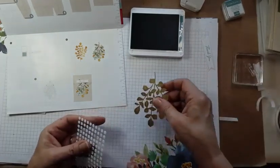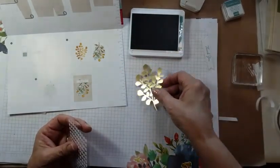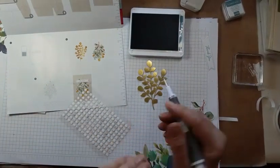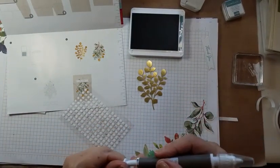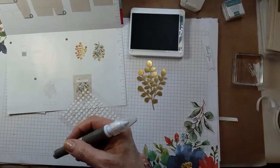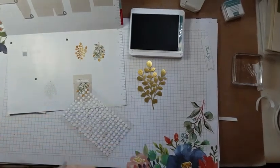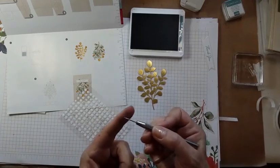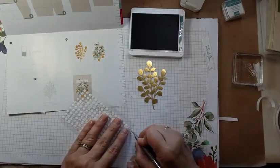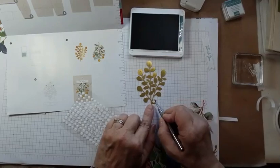Okay, now I'm going to tip mine upside down. Although, you know what? No. Let me show you exactly where they put those glue dots. Let's get my take your pick tool. Whoops. Hang on. Well, I guess we're not using my take your pick tool. I guess we're using my paper piercing tool because I took the little pokey part off of there and moved it. All right, so we'll grab a couple of these glue dots and we'll put one on this bottom leaf